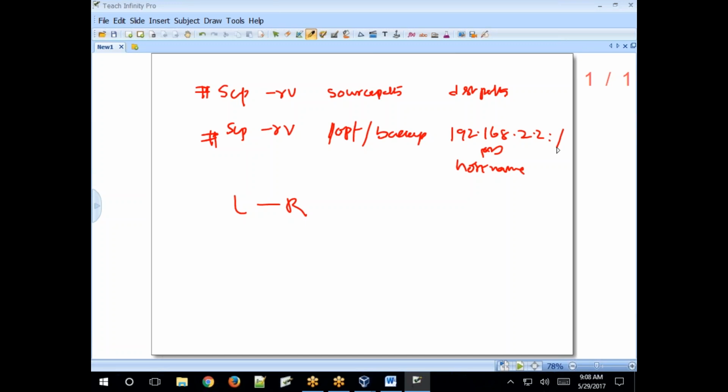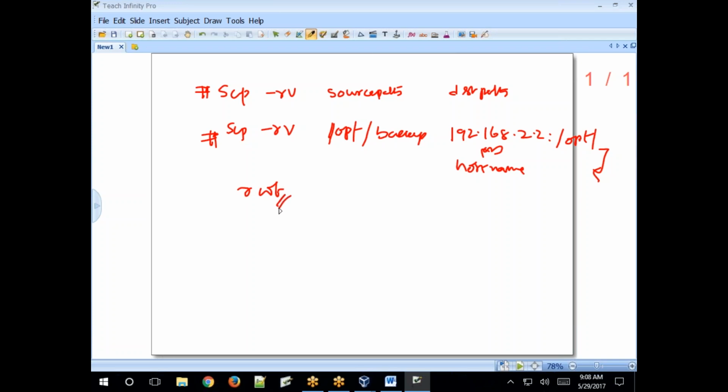Just specify your IP address or host name, colon, then the path, for example /opt. When you hit enter, it prompts for a password. Which password? The remote system password. The user account is root by default, so ask for the root user password.